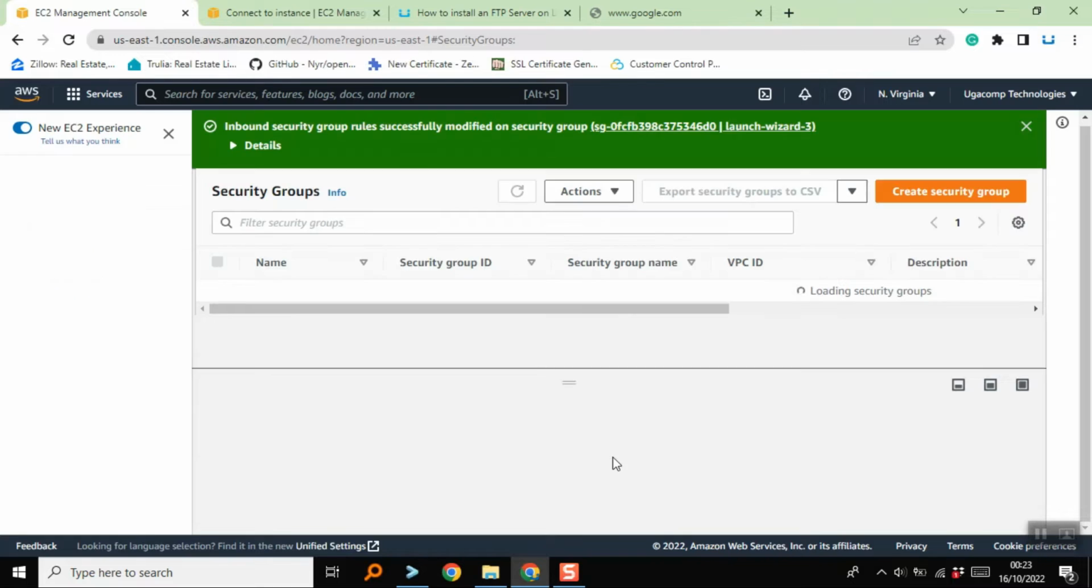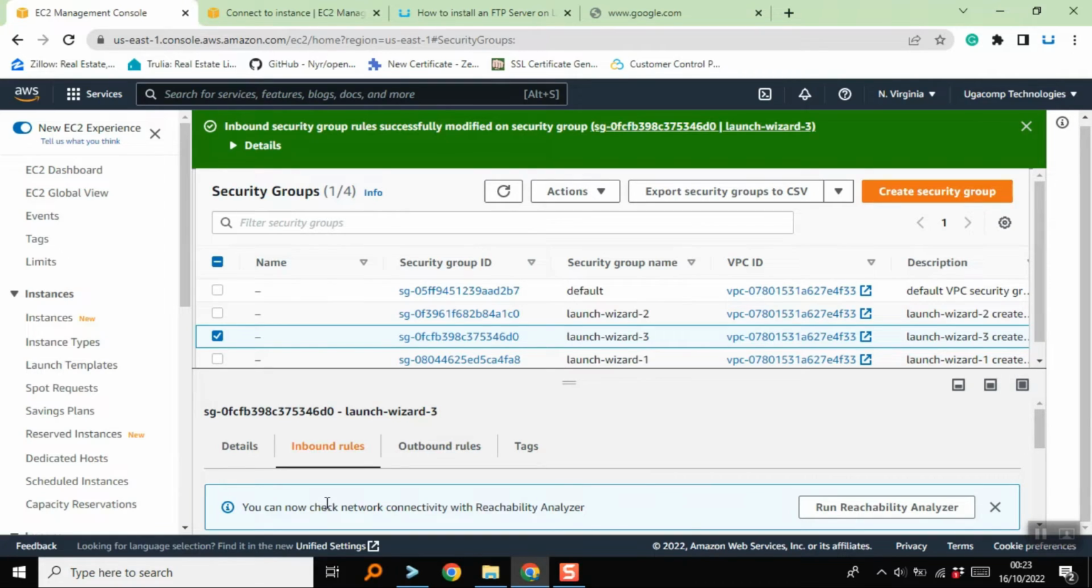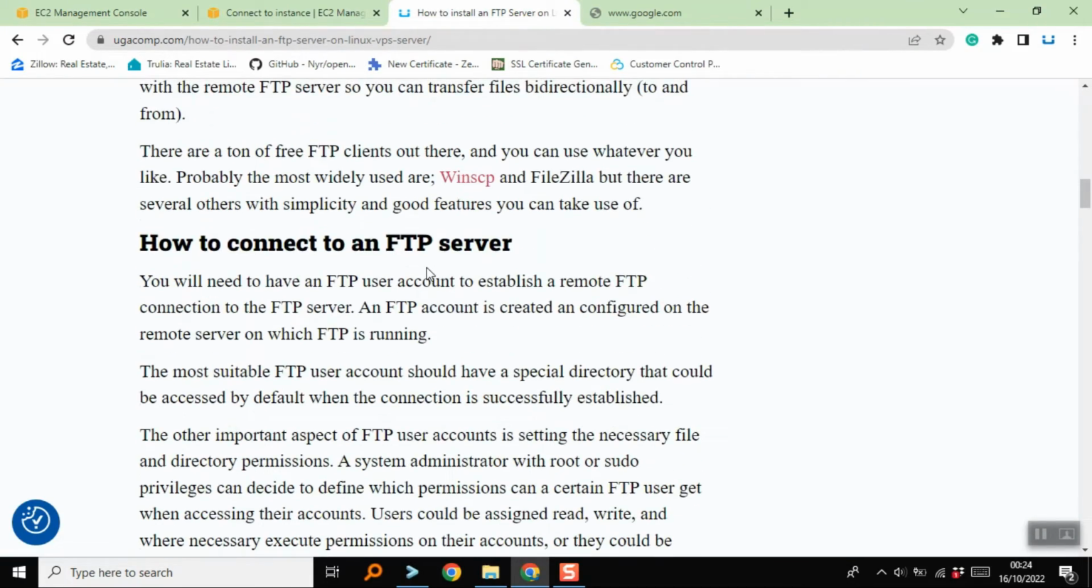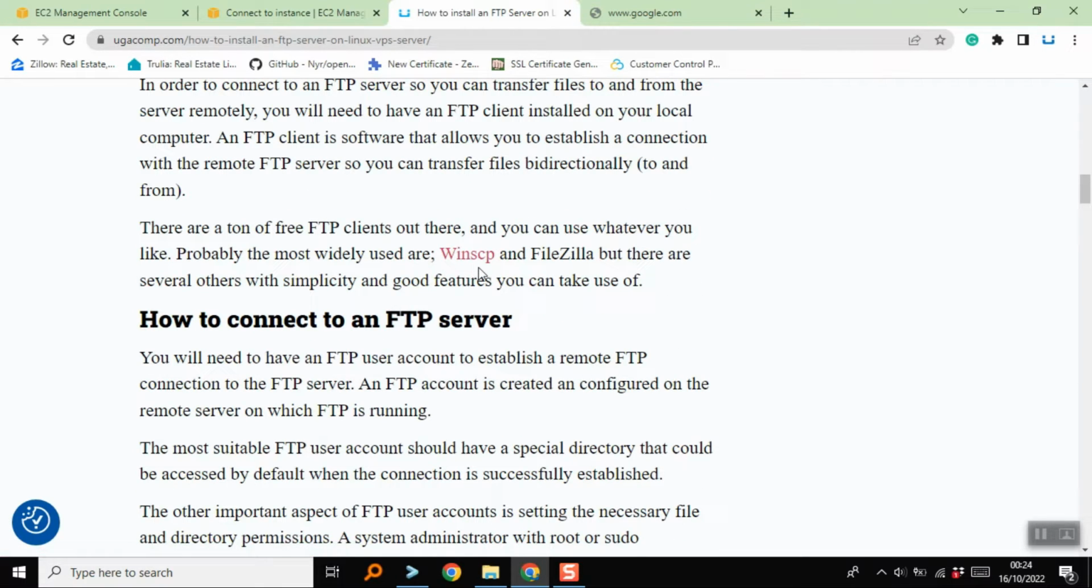these rules. After saving these rules, on your computer you have to find an FTP client. There are various FTP clients out there. In this article, I've talked about some of those clients, WinSCP and FileZilla. So you can download either WinSCP or FileZilla. But I highly recommend FileZilla if you are creating FTP for AWS, because FileZilla is likely to work out very smoothly